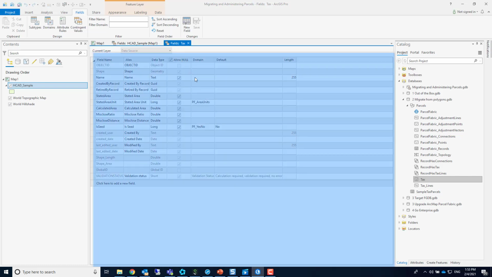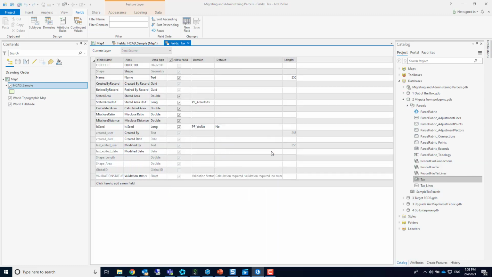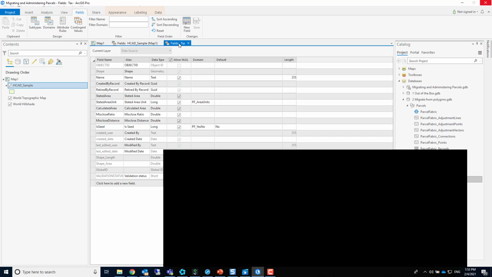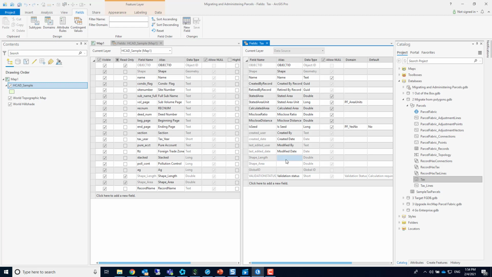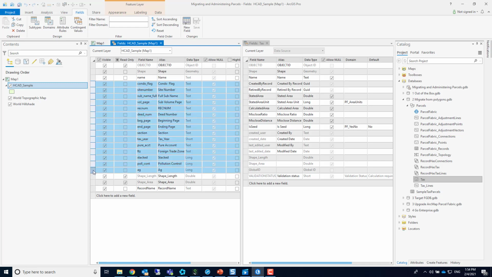What's nice in ArcGIS Pro is you can put them side by side. And now there's a neat part. Here they go, side by side. There's already a name field on source and target, so values from here, they're both text, will just transfer. But there are more extended fields, so I can just select the first one, press the Shift key down, and select those fields. I also want to take the record name field, so I'm going to press the Control key down and press this one. And now I can simply copy this schema,